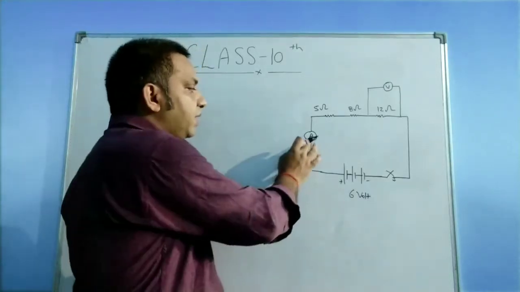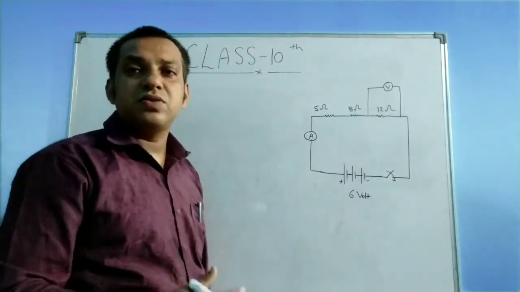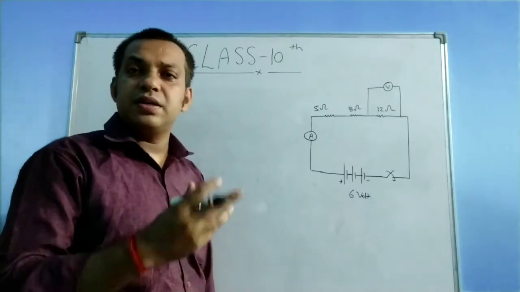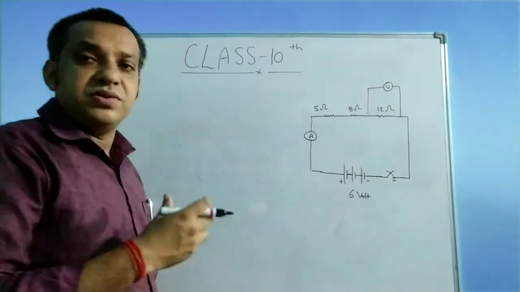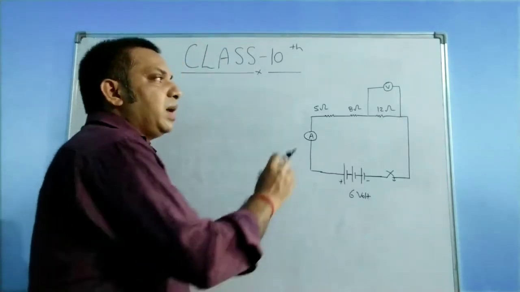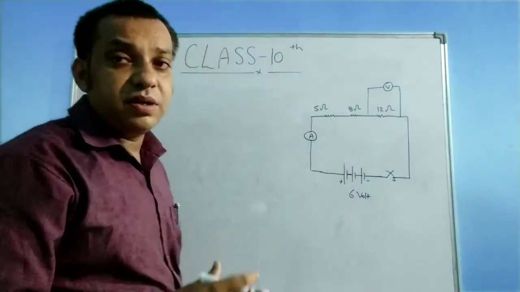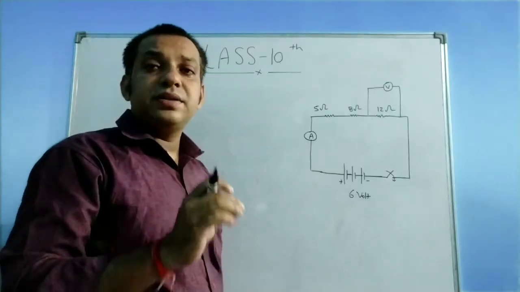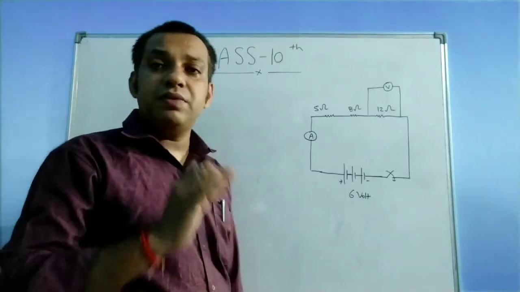That is why the ammeter should be connected in series combination, because the resistance offered by the ammeter is negligible or 0. We are studying the ideal case. So in the ideal case we consider it 0, or practically it is negligible. And why do we connect the voltmeter in the parallel combination? Because the resistance offered by the voltmeter is very high, approximately infinity.